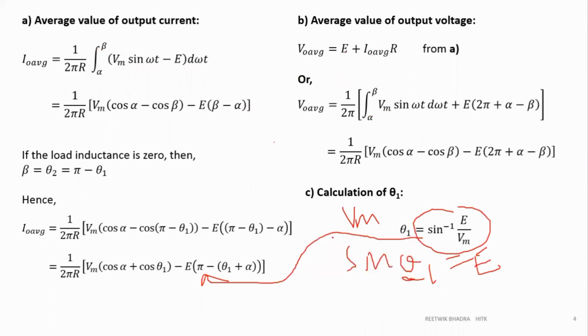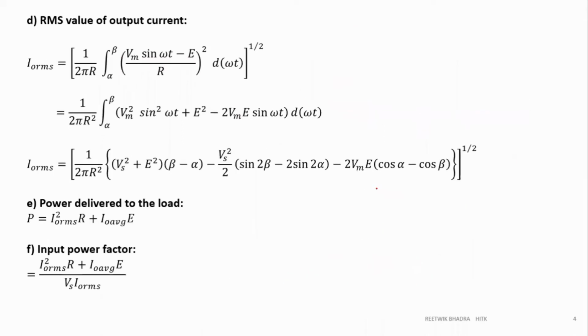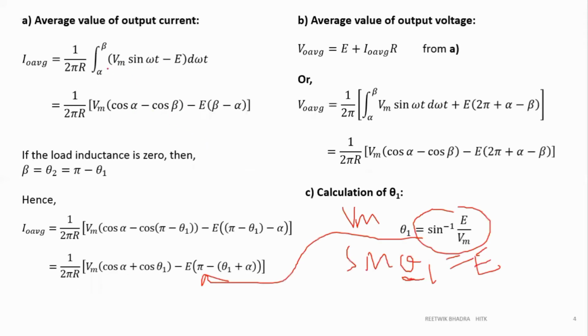But these are huge formulas, so make a list of all the formulas. And RMS value of output current: RMS values are huge, so see such a huge equation. I'm not going into detail about this. One more thing I forgot to tell you, I naught average. When you are calculating I naught average, Vm sine omega t by R, all these are average values, meaning steady state values, with no effect of your inductor. The inductor is considered a short circuit.